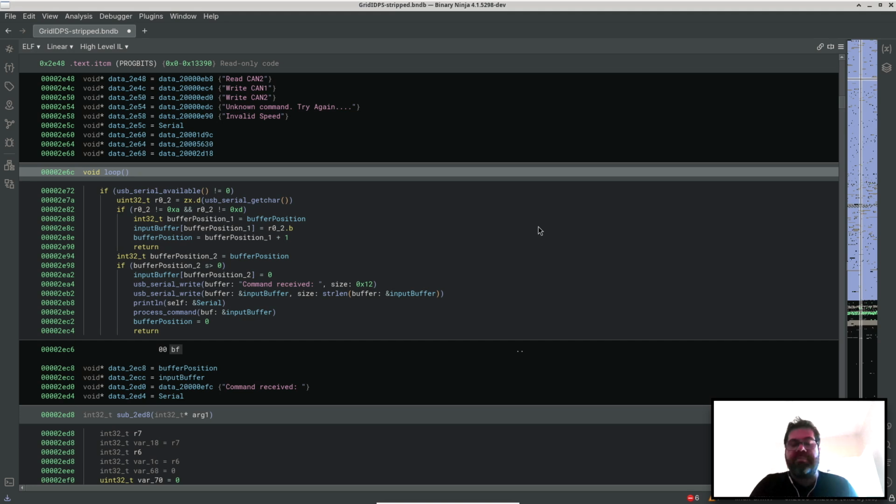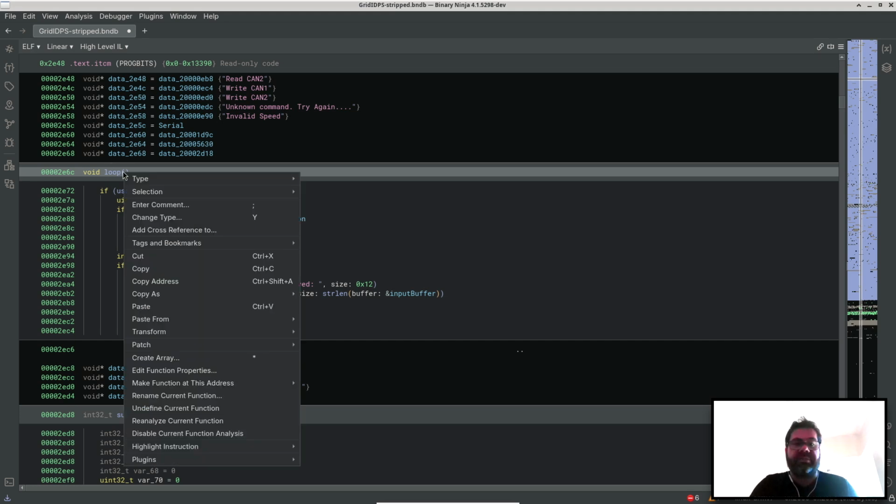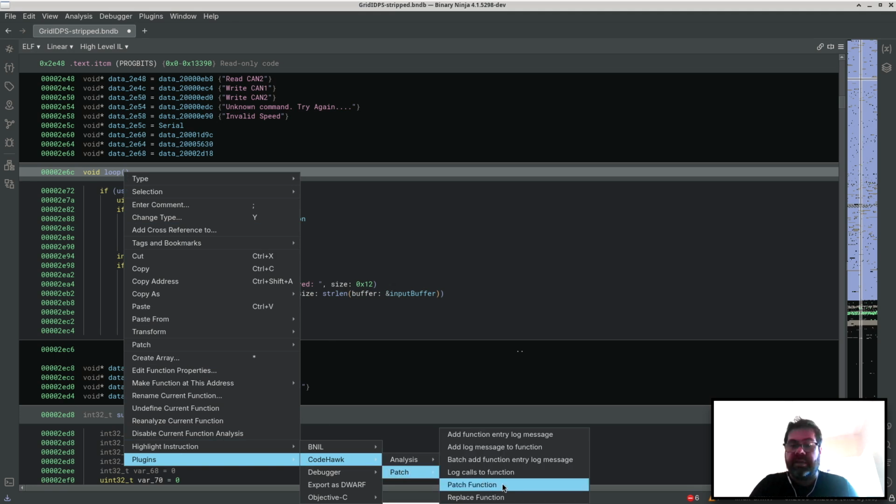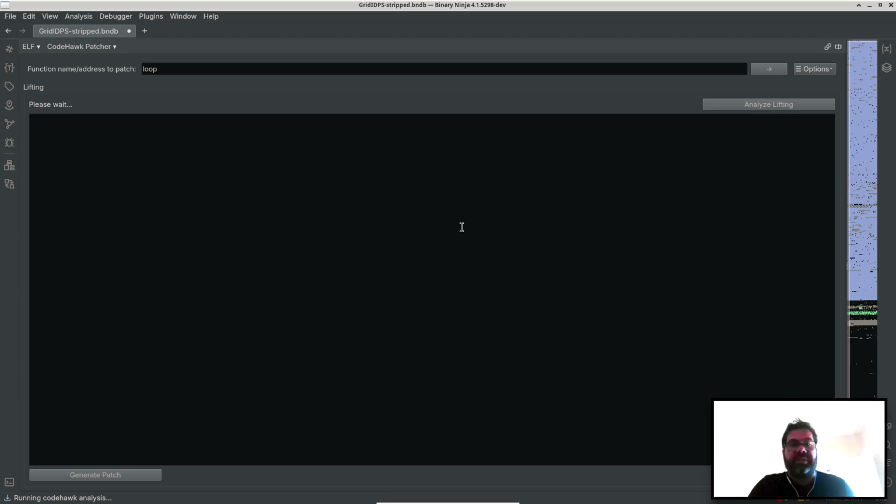So here we are in Binary Ninja, a binary analysis platform similar to Ghidra and IDA Pro. And we start at the point where the developer has analyzed the binary within Binary Ninja and understands the problem that they need to fix, and they're ready to develop the patch. So first things first, you select the function that you're interested in, and then you navigate to our patch function